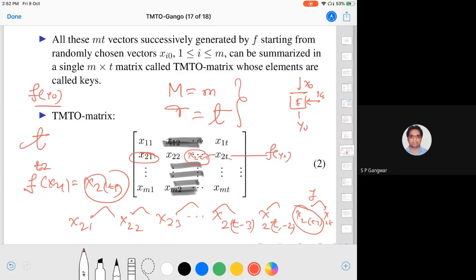If you get a hit, suppose here, that means not this one, but the previous to that is the key. So if I get a hit here, then this is not the key, but previous to that is the key. So again, keep on going from here. In that case, f t minus 3 of x21 gives x2 t minus 2, and that is my key. So that is how Hellman